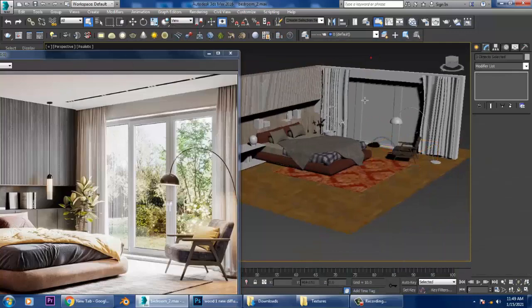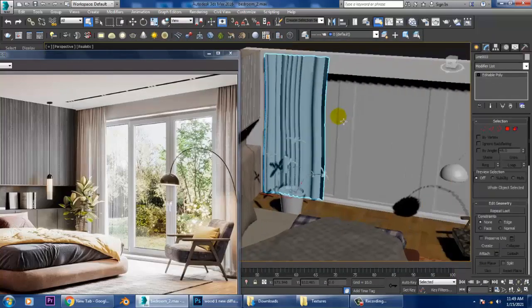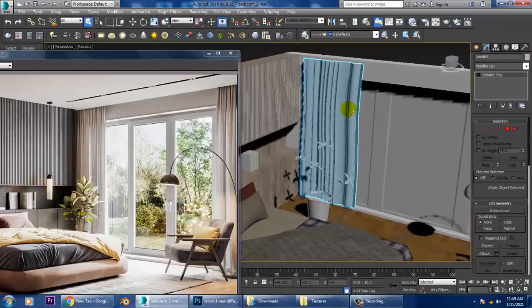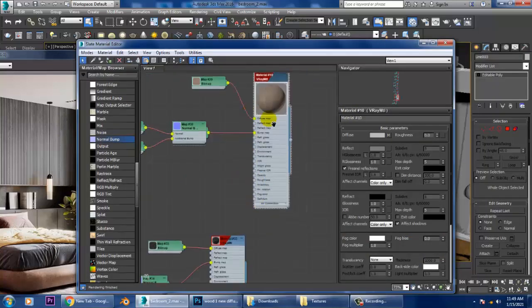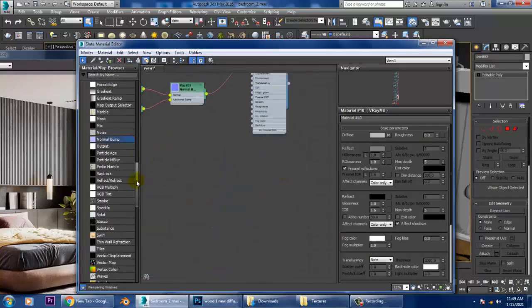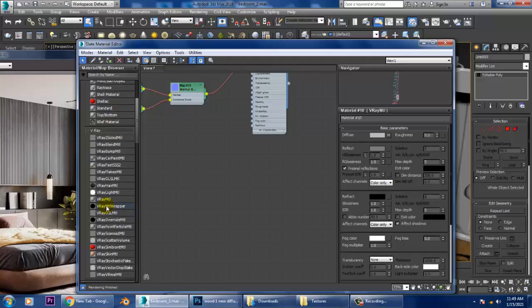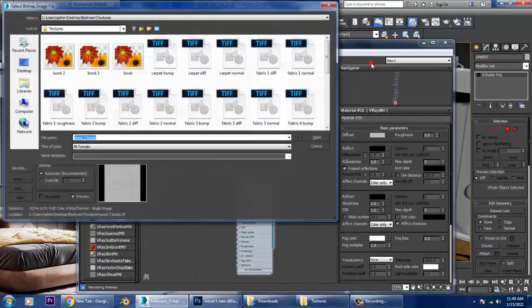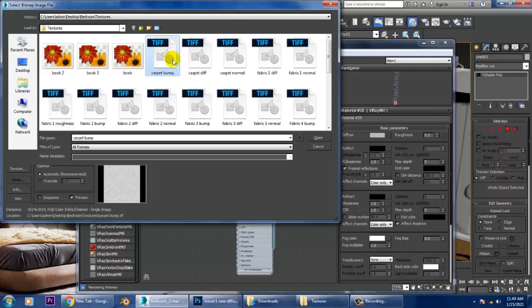Now let's texture this curtain over here. Let's go into material and assign again a V-Ray material for the curtain bitmap, and again we'll go with the fabric. That's your fabric 1, fabric 2 diffuse, fabric 3 diffuse.